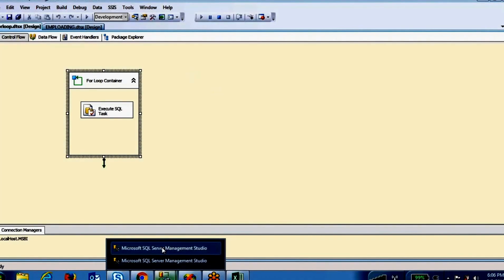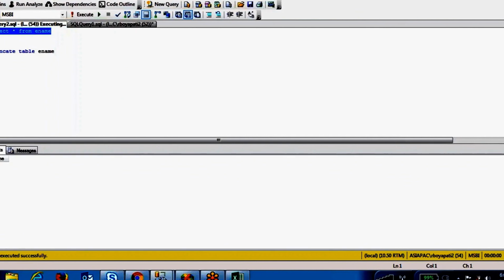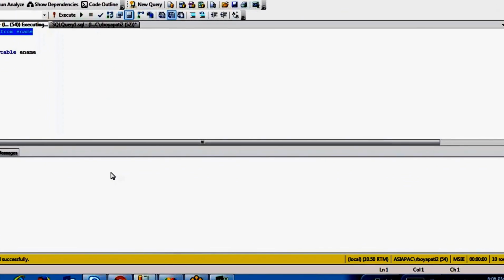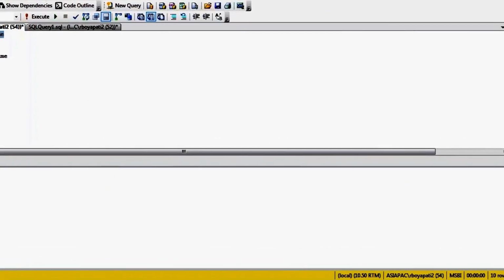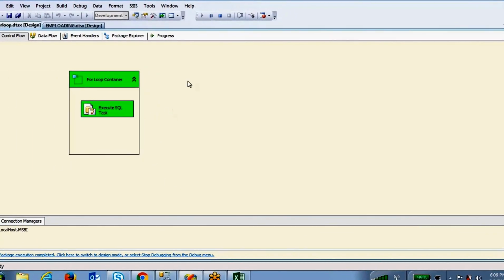So in total this execute SQL task is executed 10 times.